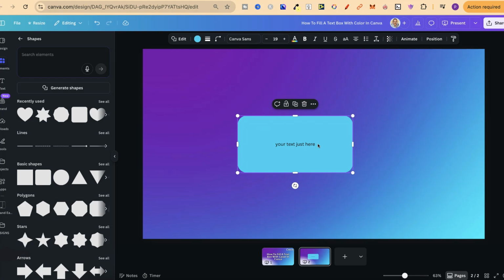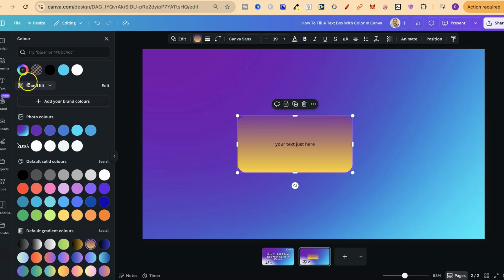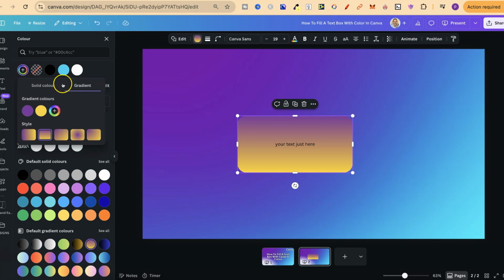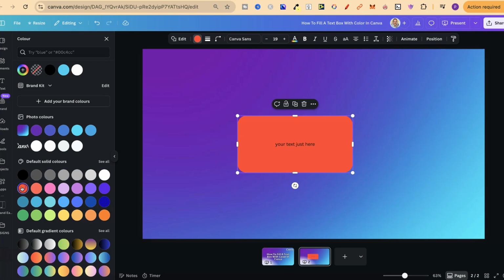To change the color of this is very simple. We can come up to the color icon, then we can choose any color from the default colors, gradient colors as well, just like this. Or if we click onto the little plus icon, then come back onto solid color, we can put any hex code color just here. Now let's go ahead and do this red,